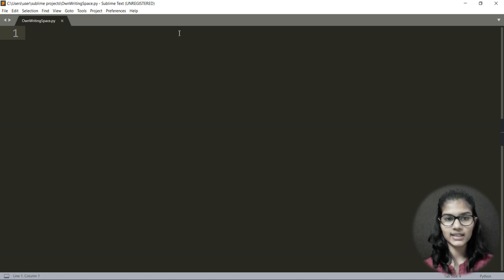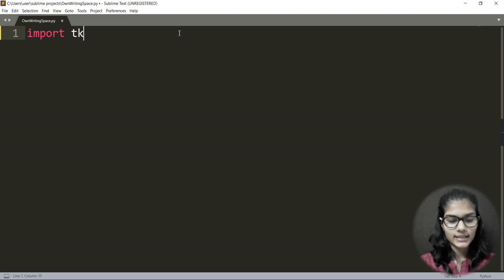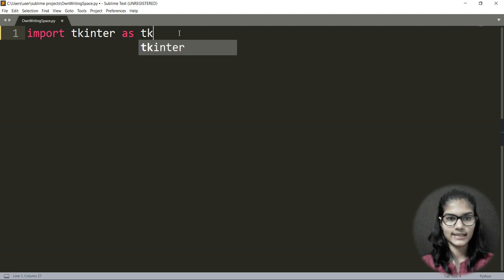So without wasting time, let's get started with the things for today, right? Firstly, I would import the libraries that are needed. As I just told you, it is a GUI, graphical user interface, so we will be needing tkinter in this. So firstly my library would be tkinter, which I would be importing. Here I would write import tkinter as, and I would give it a short form as tk, let's say. Okay, so I wrote import tkinter as tk.